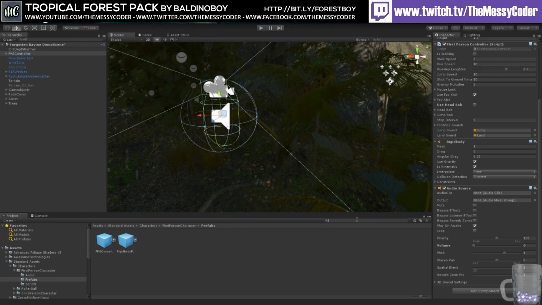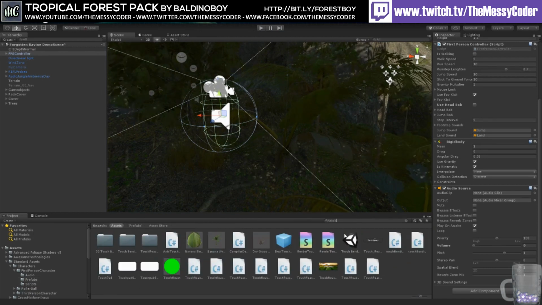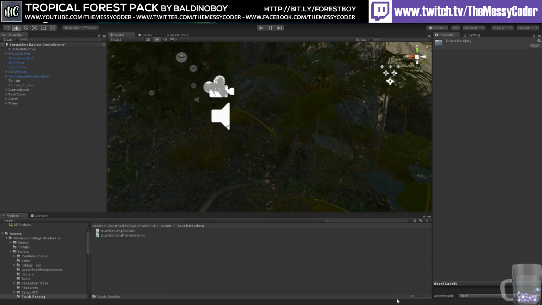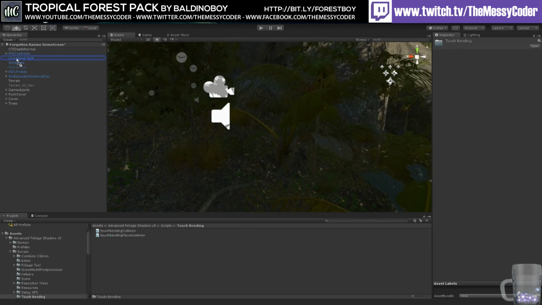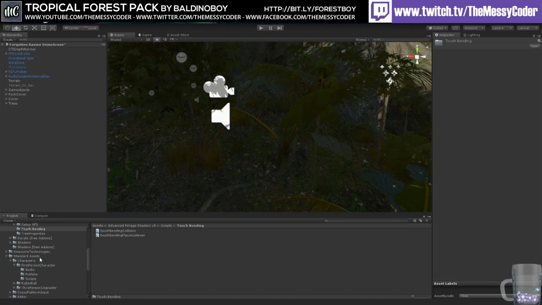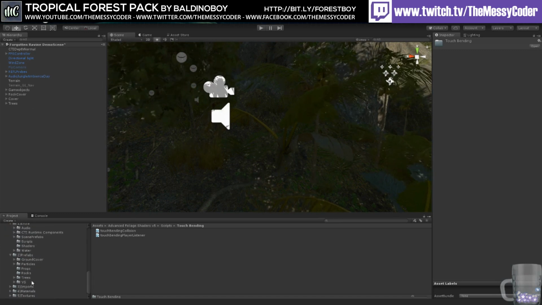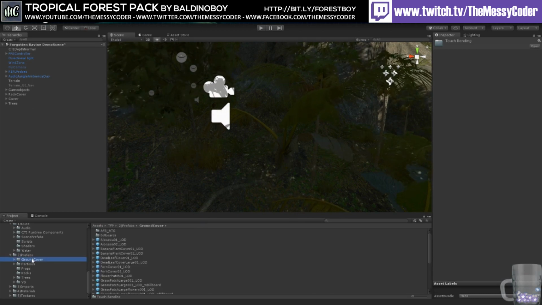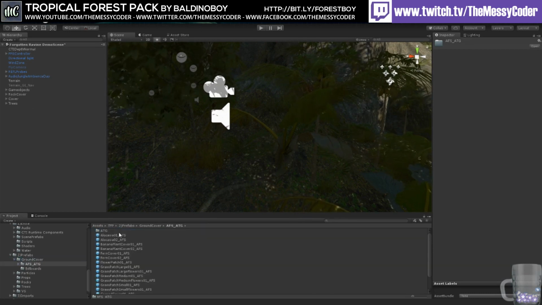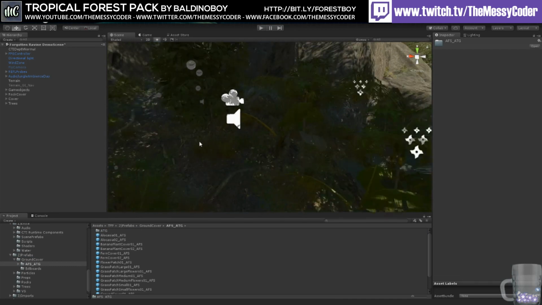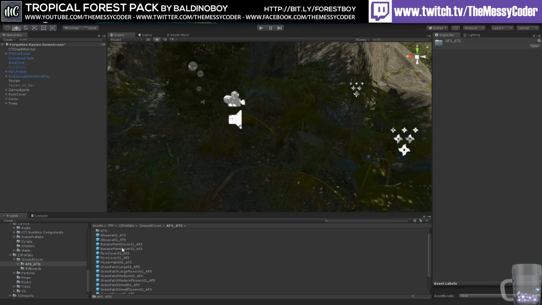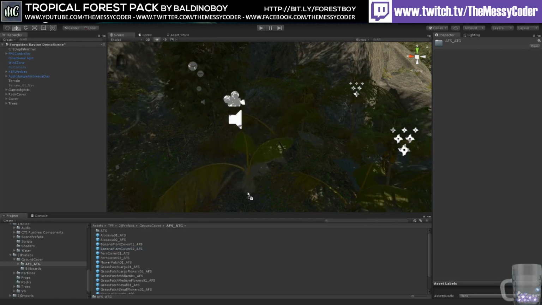Let's do this. Let me add the touch bending listener. Okay, cool. Which folder did we also add in? On ATG. Oh, okay. On prefabs, yep, and ground cover, yep. And then there's an AFS underscore ATG folder. Found it. And in that you can see the AFS prefabs, which, yes, thank God, they do have the sphere collider